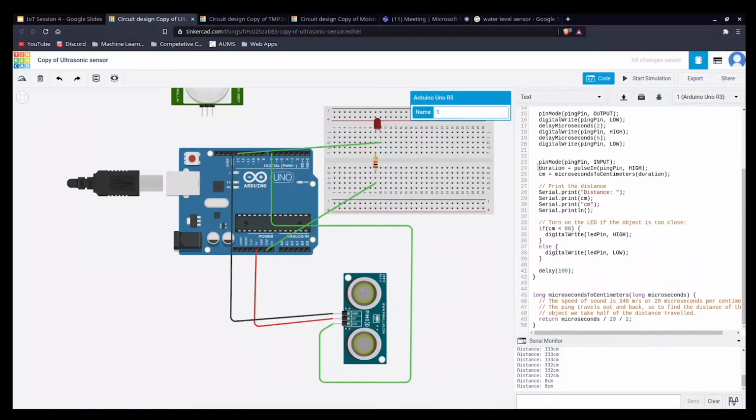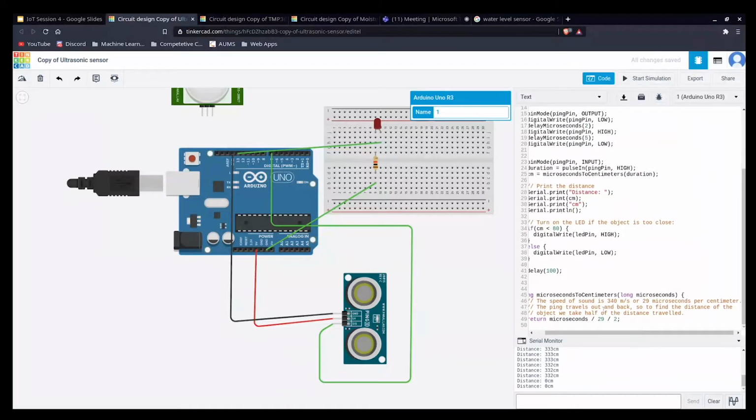So we have the duration here, and now we have to convert it into distance. We have created a function, microsecondsToCentimeters, and we have passed the argument as the data that the sensor gave. So let's go to the function part. Here, to convert microseconds, we take the time and divide it by 29.